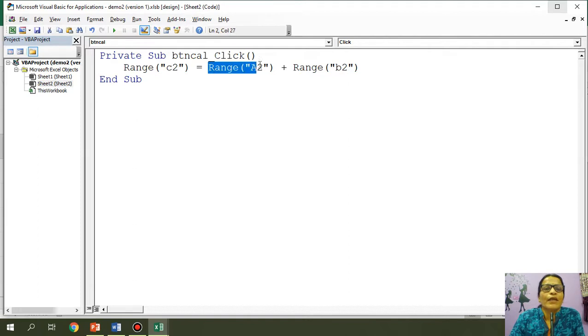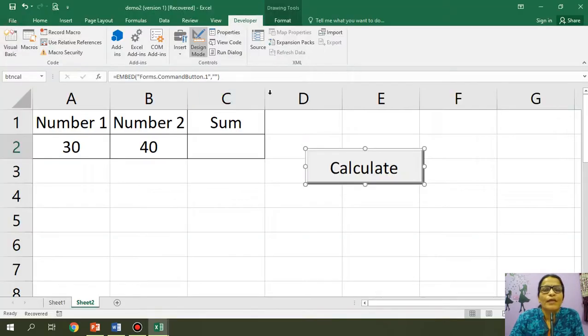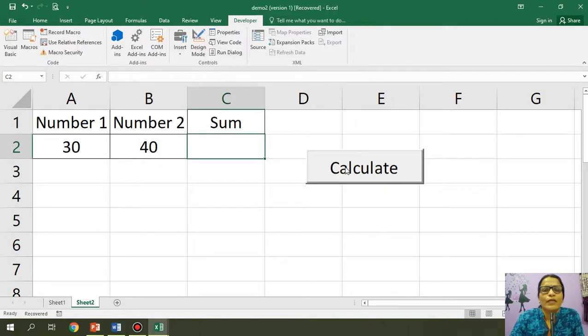We are taking the value from A2, adding it with the value in B2, and whatever the value is added, where will it be stored? In C2. So it's a simple statement which says add 2 values and then store it in a third cell. So now if I go back here and click on calculate, I get the answer.